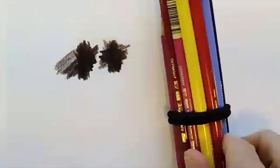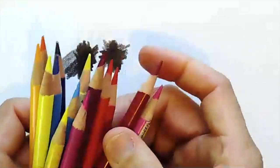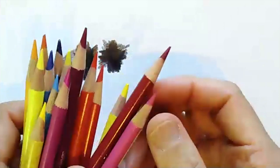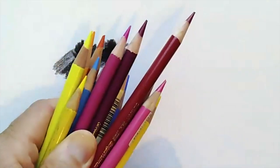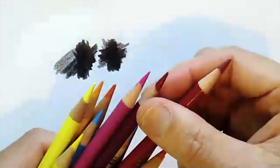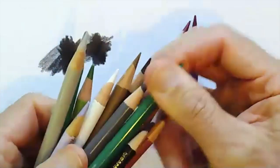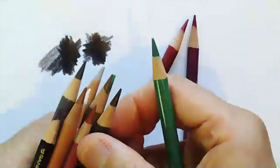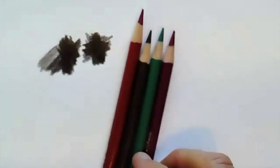I've got a set of colored pencils here. And what I'm going to do is pick out of it several dark value colors. If you squint at these, you'll see that some of them are darker than others. All right, so I've got here a purple, a green, a brown,